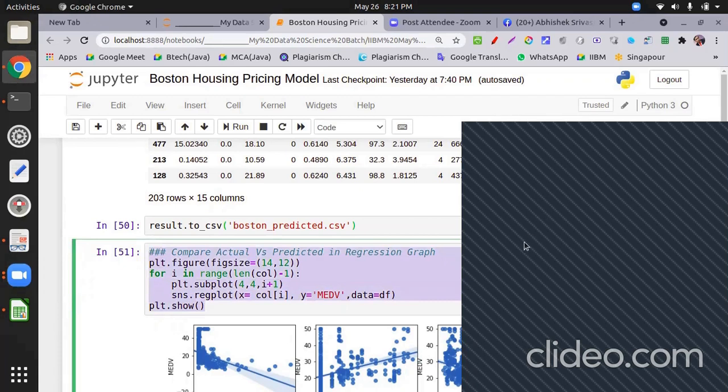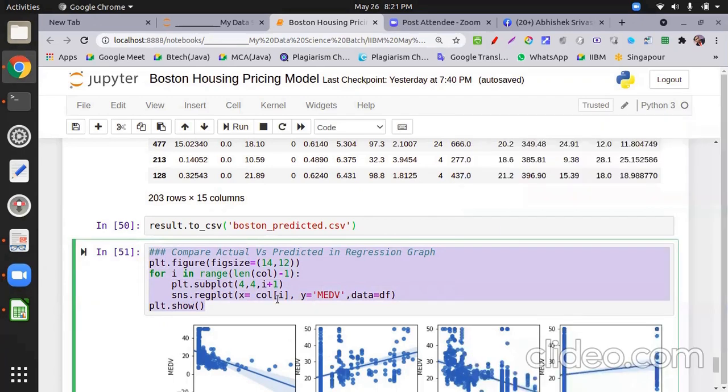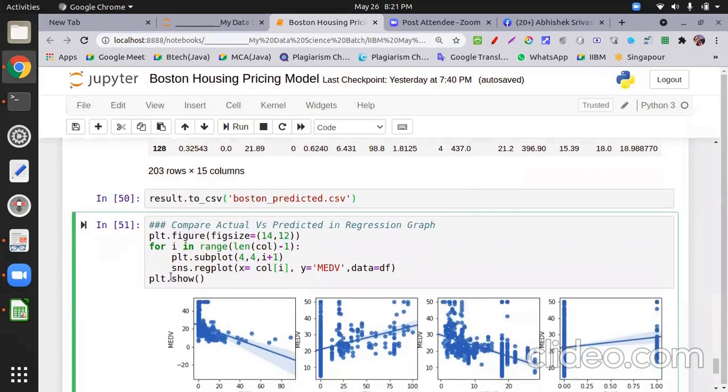Yes, Mr. Vengala Dilip Kumar, what correction did I make over here? Y equal to predicted value and data equal to result I have made, and I got the result, but I don't know whether the result is correct or not. You raise your hand, you're not sure about that. Okay, so I'm telling you.